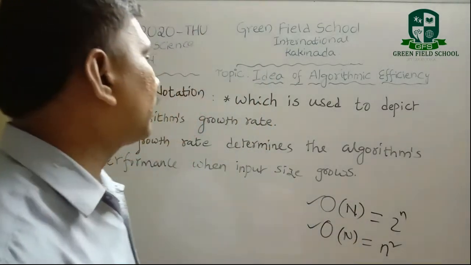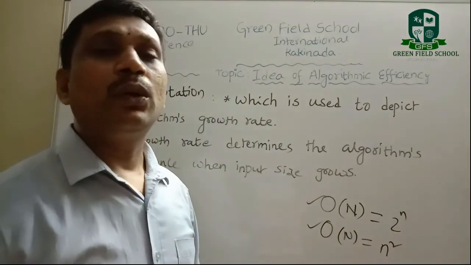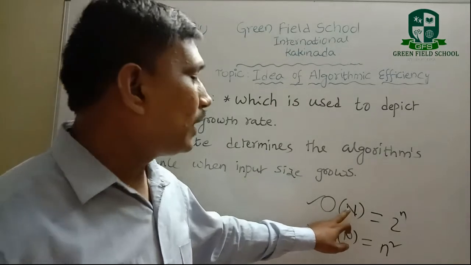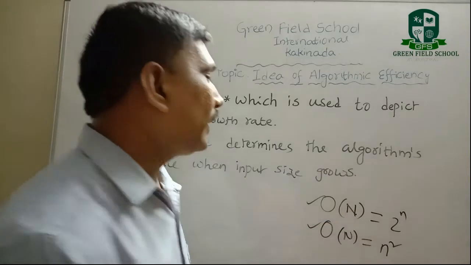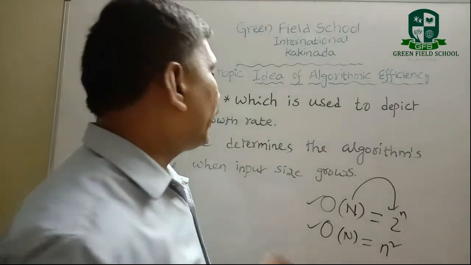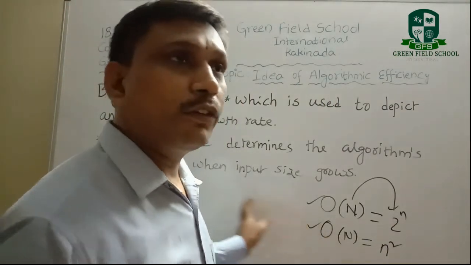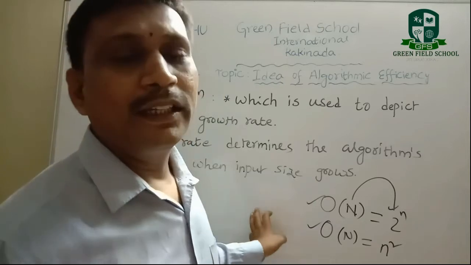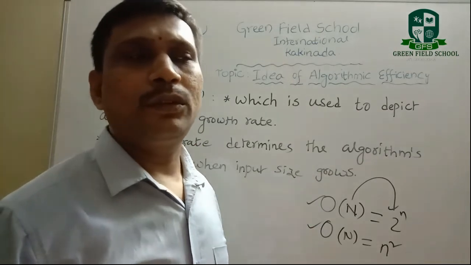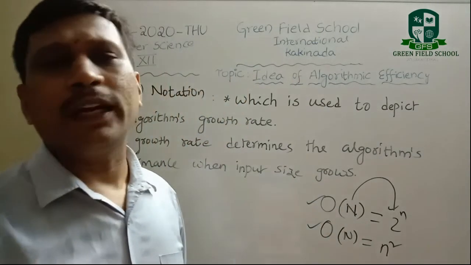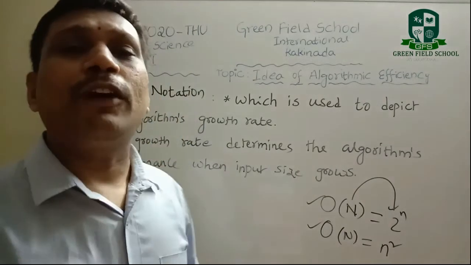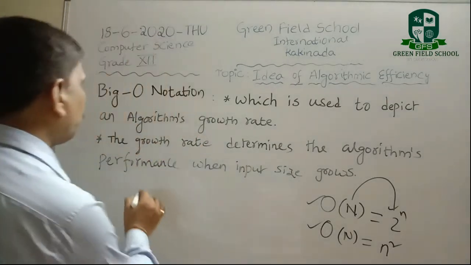So big O notation determines the algorithm's growth rate when we give an input size n. It always depends on the value of n. If the n value is big, the program size or length of the algorithm increases, and automatically the time taken to run that program also increases. When the time increases, the performance decreases. So your input size increased,